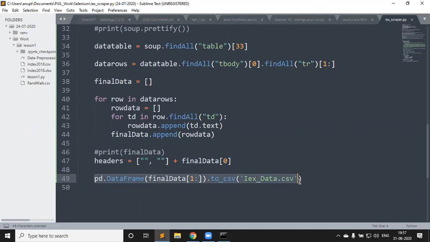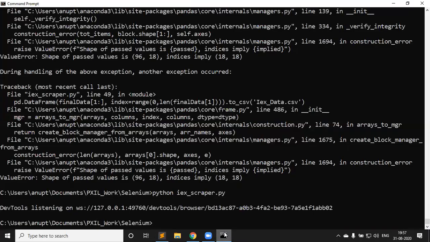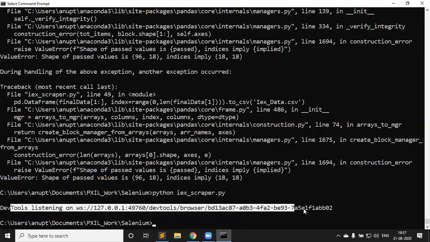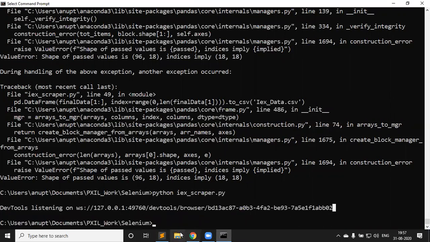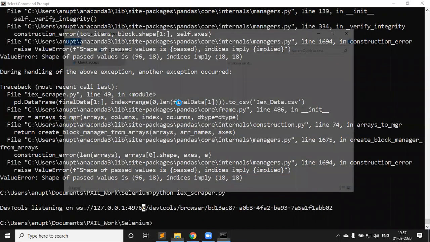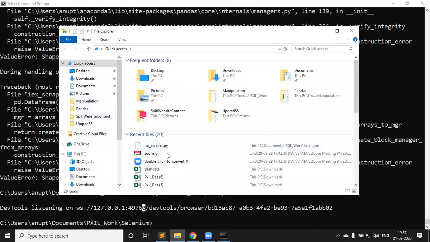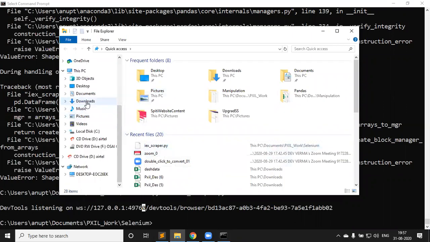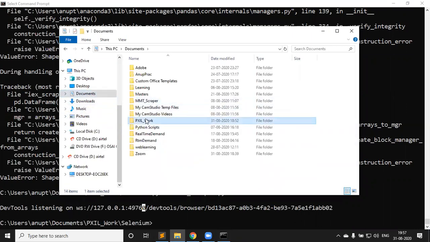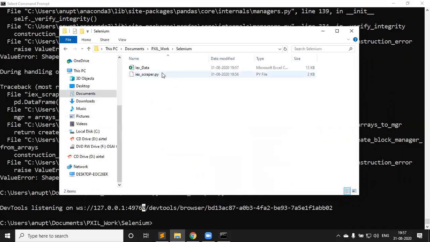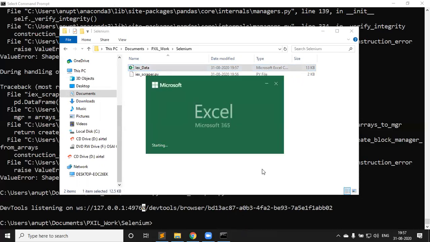Even though this is the simplest format, due to some issues in headers we are getting errors. This time it did not give me any error, because I asked it to choose its own index and not rely on me. But that's okay, because I just wanted to get it done fast. So here I come and see in my Selenium module I have IEX data, and if I open it,